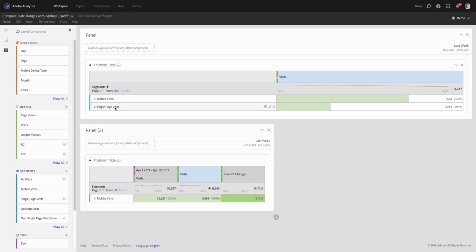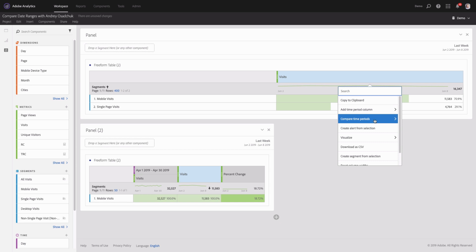It can be either a dimension like page or city or any dimension that may have many rows. In my case, it's enough to have just 2, because what I want to show you is when you want to have this percent change for many lines in your table, this compare time periods actually is a good thing,